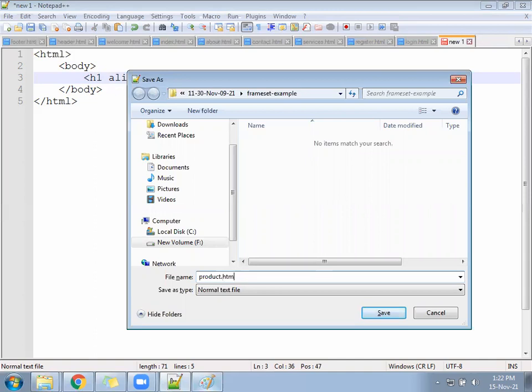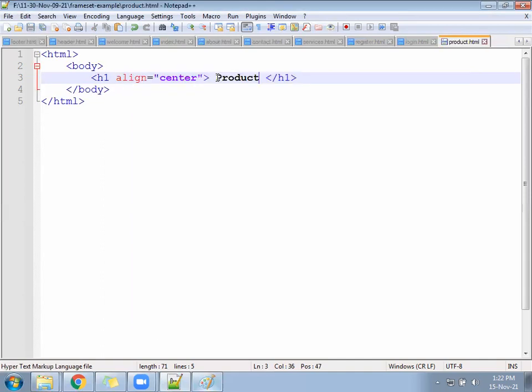After creating all the pages, you can check. Hopefully all the pages should load.